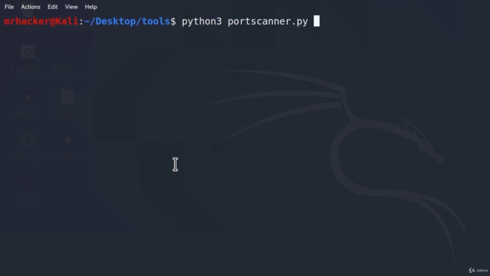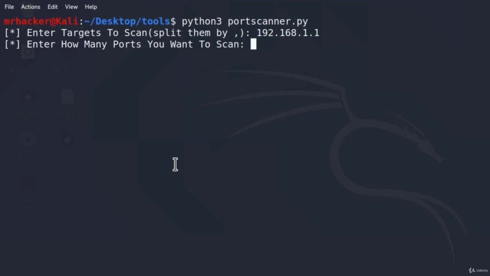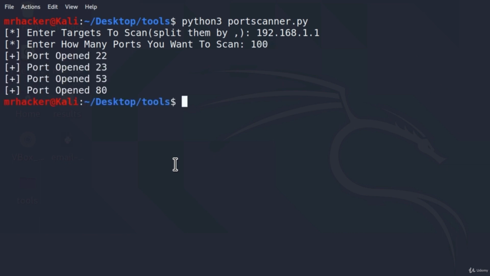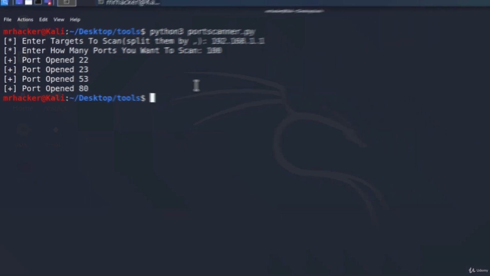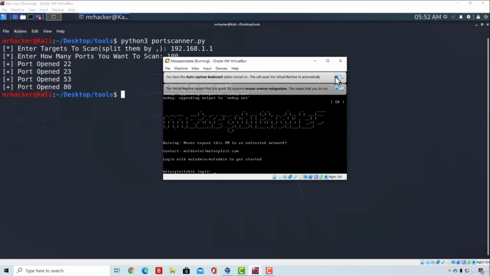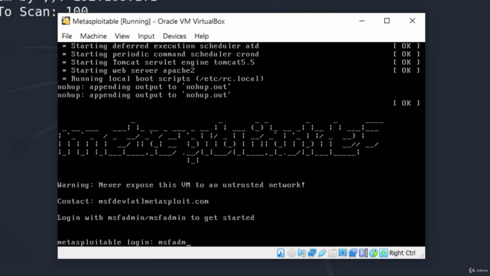If I type python3 portscanner and I run the same IP address, which is my router, first 100 ports, there it is. We get a whole lot better output. We only get ports that are open. Let's test this program on two different targets. So I started my Metasploitable, and what I'm going to do is log in,